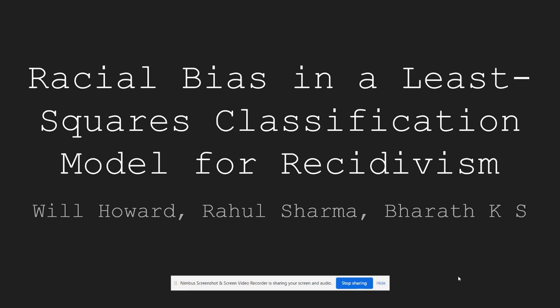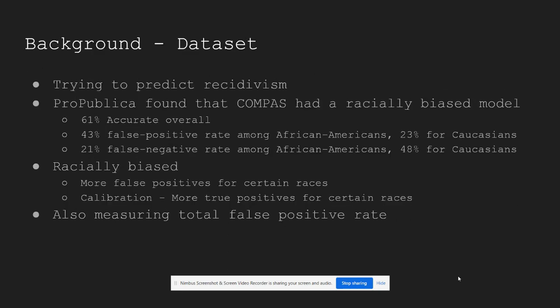Our project was a least squares classification model for recidivism. We were looking at the racial bias in it. Courts and police forces want to be able to predict whether a person convicted of a crime will commit another crime. In other words, whether they'll recidivate. And they want to know that so that they can determine changes to the person's sentence, or whether they get